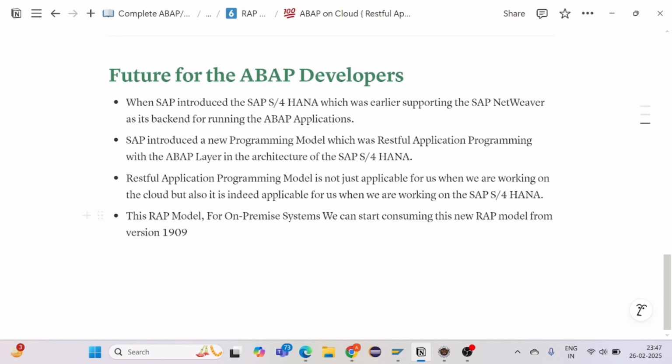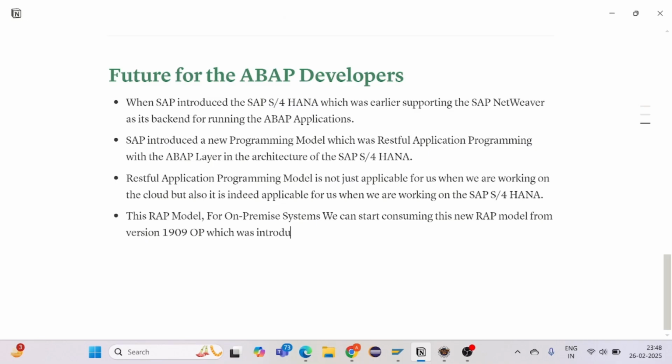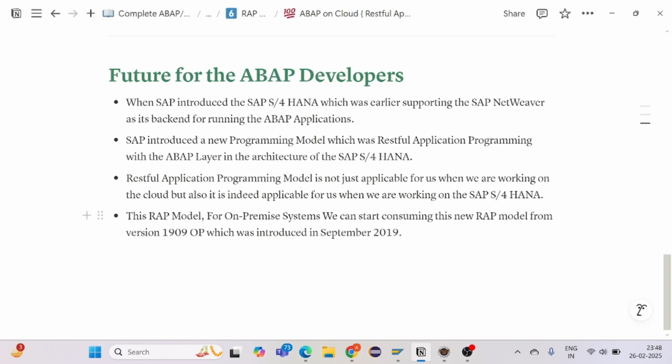So if your SAP system has been installed after this or has been upgraded after this version, which was introduced in September 2019, then we can start consuming this new RAP model, right,